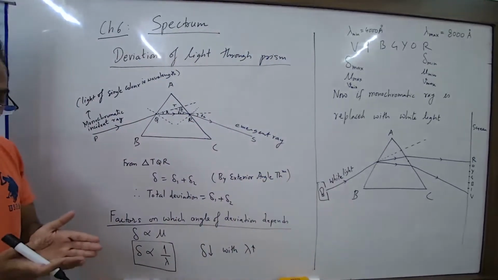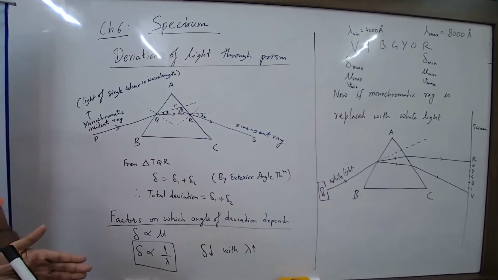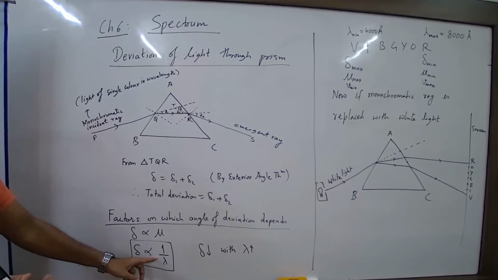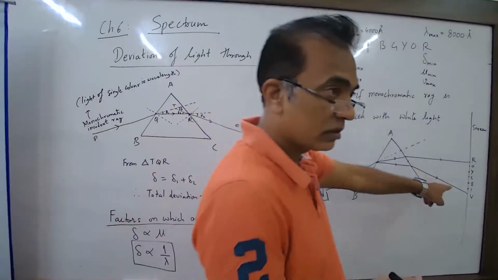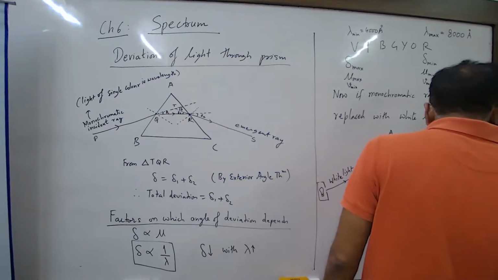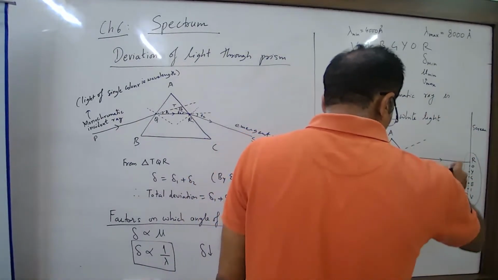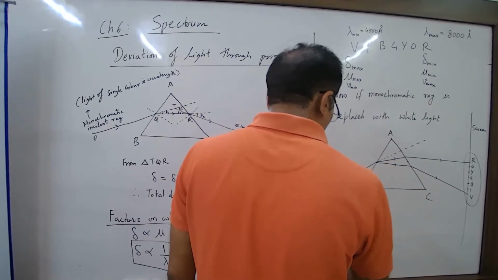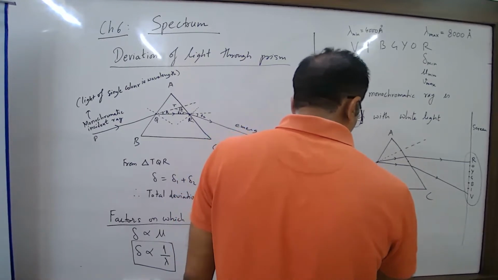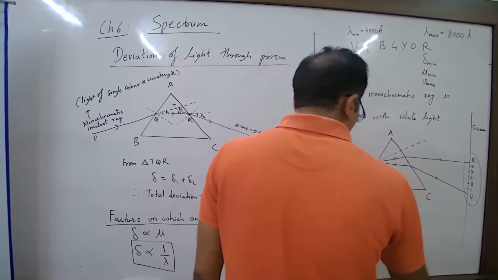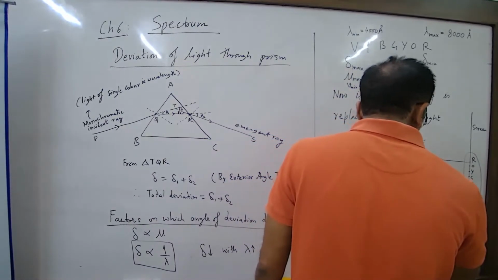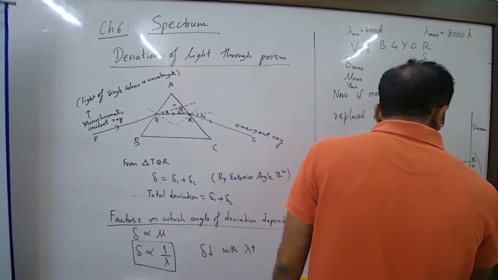So it is because the different colors of light travel with different speed. And the relation is governed by the wavelength. That's why we get the band of color. Okay? So this is called spectrum. And what is this splitting of colors called? Dispersion. Splitting of white light into its component colors